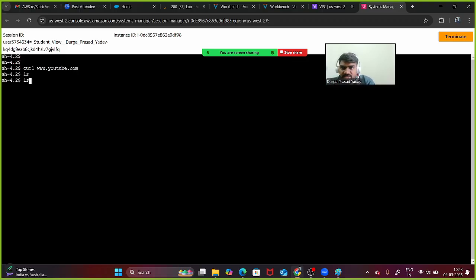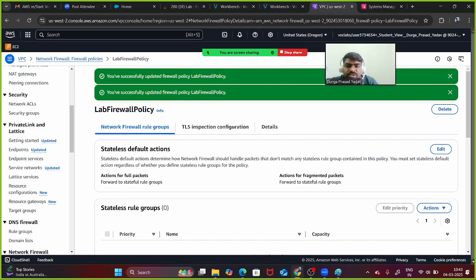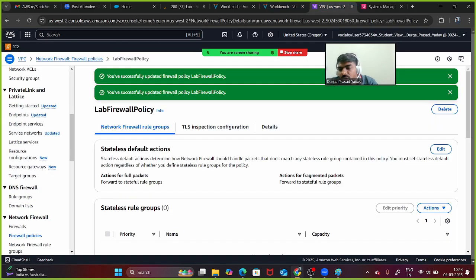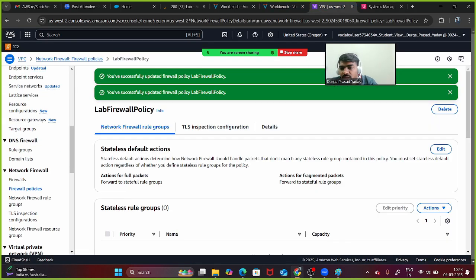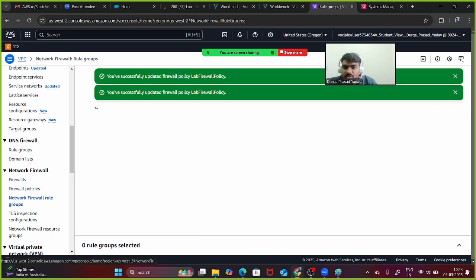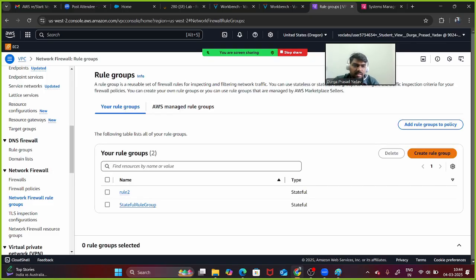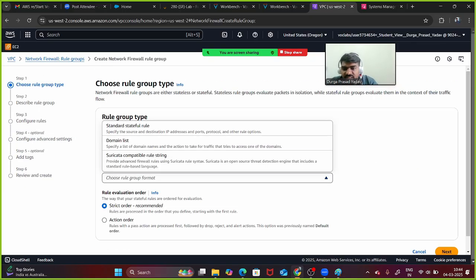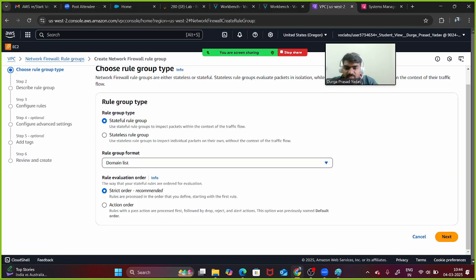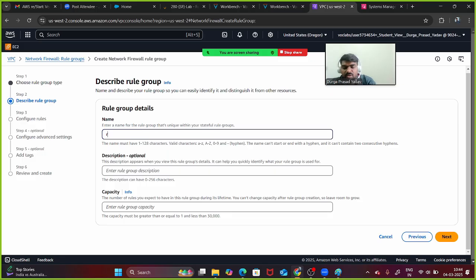So it is working. See, curl, if we are keeping curl with YouTube, it is working. But if you block it by keeping the domain, again you can just create a firewall rule group. Once again we'll create a firewall rule group, and let's create one more rule group. This time we'll select domain list, right? We'll select domain list. And next, here you can give the rule name, rule 3, and descriptions,